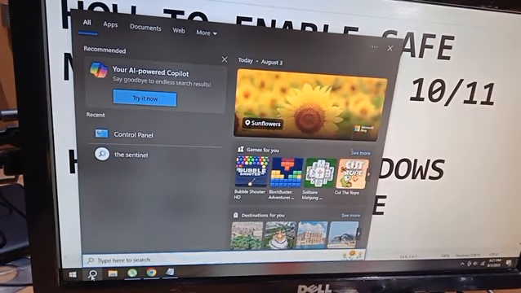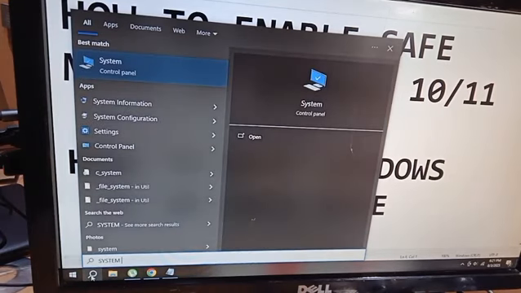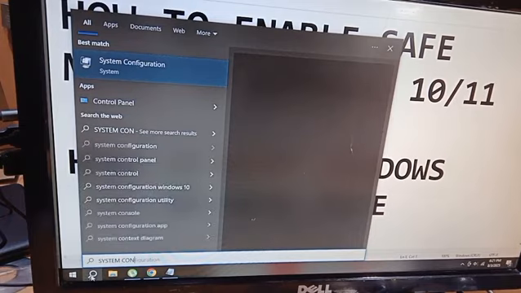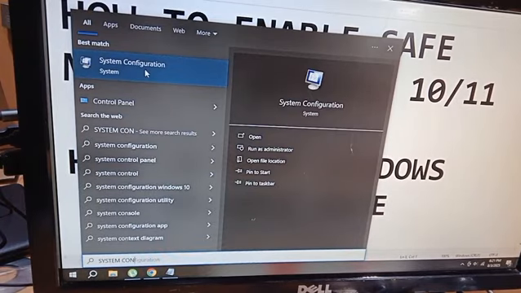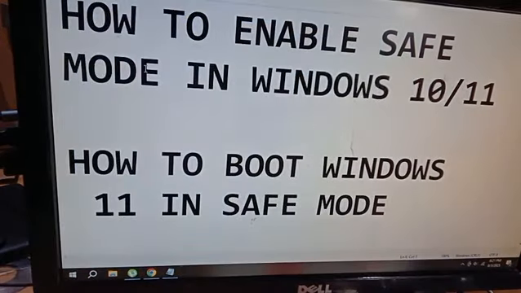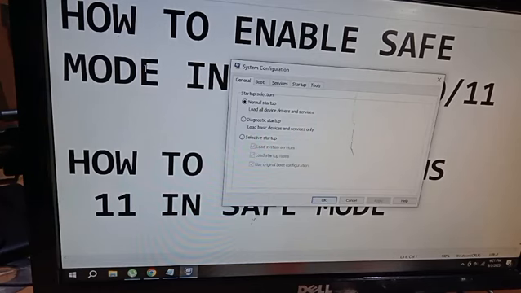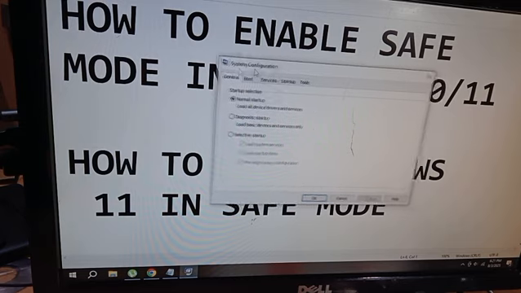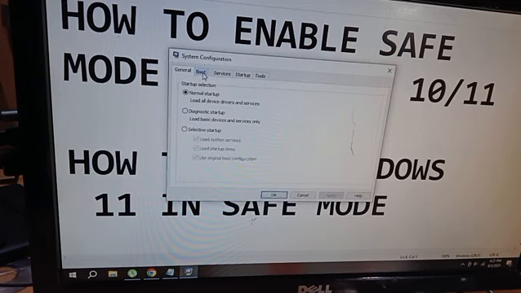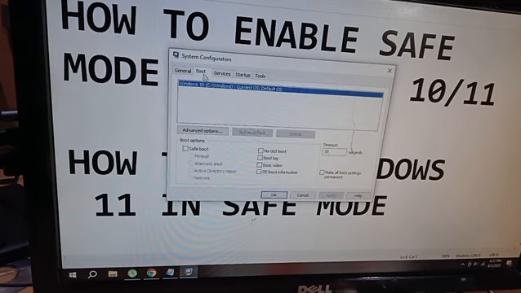In the search area, you have to search for system configuration, and system configuration, you have to click on that, and here in the system configuration, click on the boot menu, and in the boot, if you see here safe boot, you have to check on that,